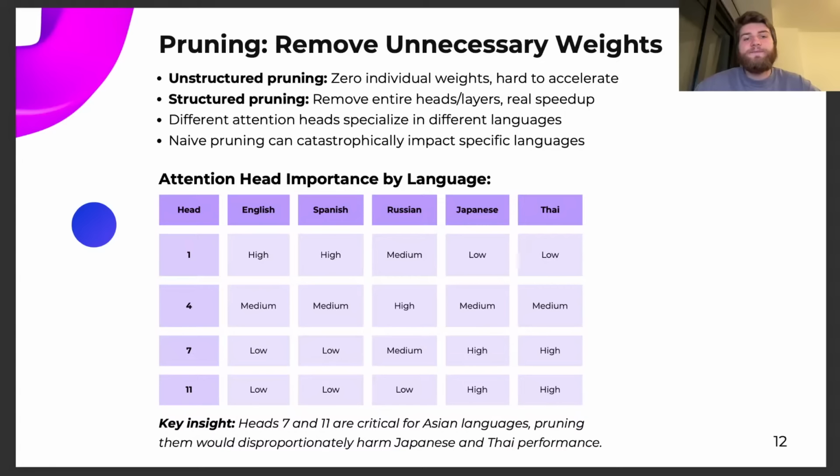And here is a finding from multilingual head analysis. In XLMR, certain attention heads are critical for specific languages. Pruning head 7 in layer 5 might have minimal impact on English, but catastrophic impact on Japanese, because that head learns something specifically important for Japanese syntax. The implication is that naive pruning that removes the same heads across all languages will disproportionately harm some languages. Language-aware pruning, where you identify which heads matter for which languages and prune accordingly, is more complex but preserves multilingual